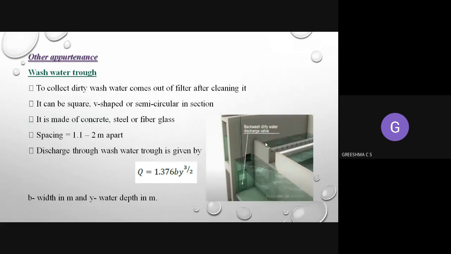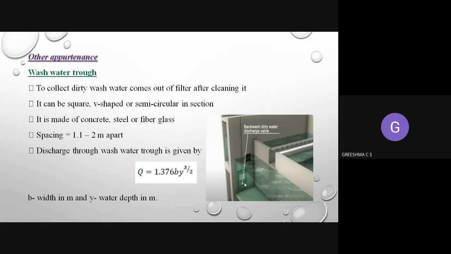Now another important thing is the wash water trough. The wash water trough is mainly to collect the dirty wash water that comes out of the filter after cleaning it. Okay, so it can be square, it can be V-shaped, or it can be semicircular in section. It will be made of steel or concrete or whatever it is. Earlier in the video we have seen backwashing. After backwashing all the water will be collected